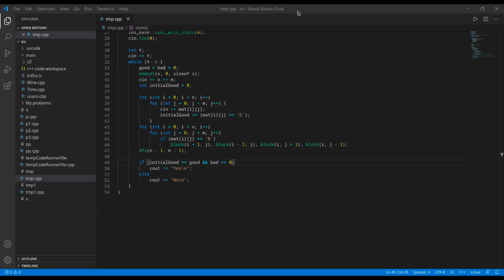I'm getting it now. Okay, here's an easy problem, ad hoc. It doesn't require any algorithms. Okay, I sent it.